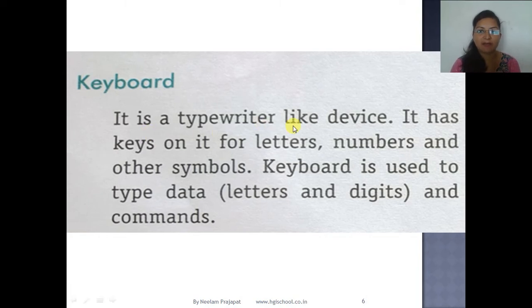Keyboard is a typewriter-like device, and it has keys for letters, numbers and other symbols that we can use to type. The keyboard is used to type data, letters, digits and commands. We can type letters, numbers, symbols, etc., and we can give many commands with the help of the keyboard.